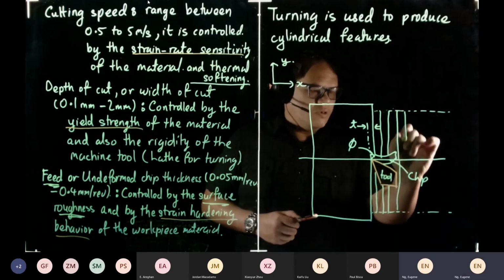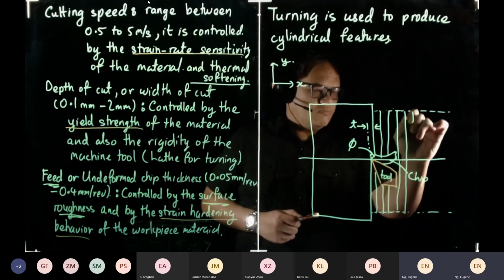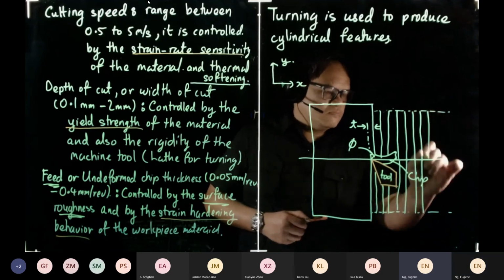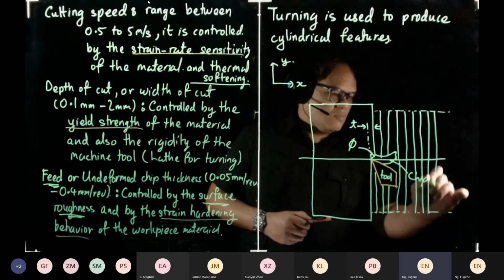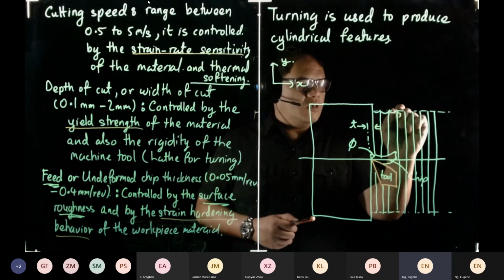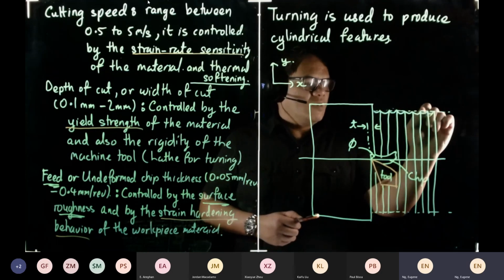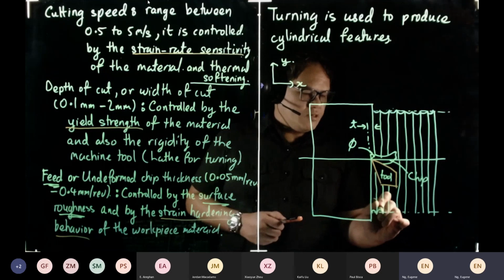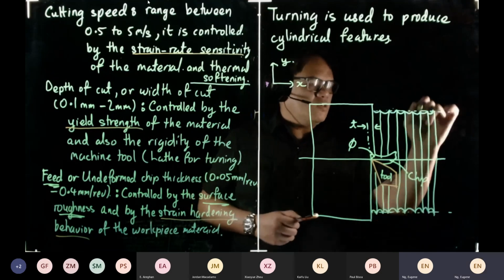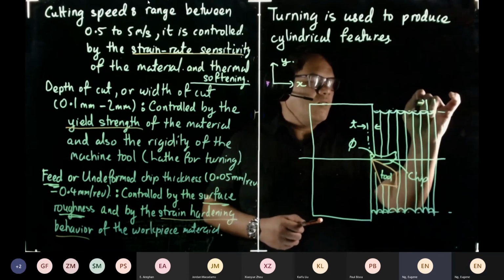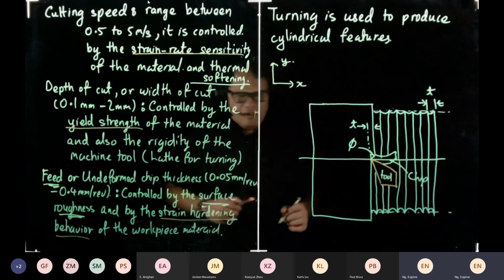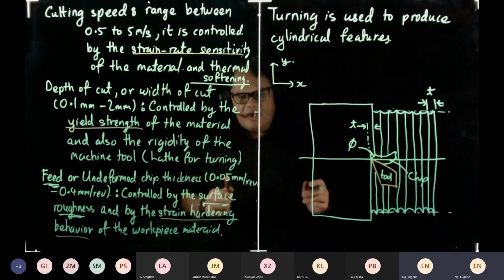Oh, this is too wide, so I'll draw them down. Okay, that's enough. Each step across is controlled by your undeformed chip thickness. So the distance between here and here is controlled by your what? T. The smoother you want your workpiece in the end, you have to